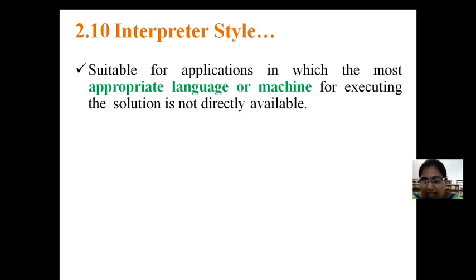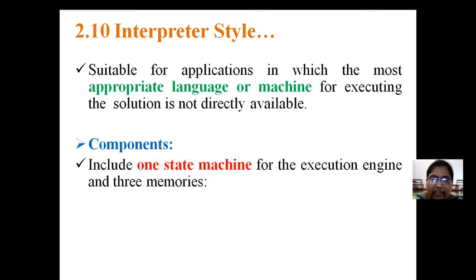Okay. So what are the main components we have? We have only one component, one and only component, that is one state machine. It contains all the information. All the information means the present state of the data, what program you want to convert, the present state of the program, the present state of the interpreter, and what can be the output state of the interpreter after converting. All this information is available in the one state machine. It is the one and only component which maintains all this information.